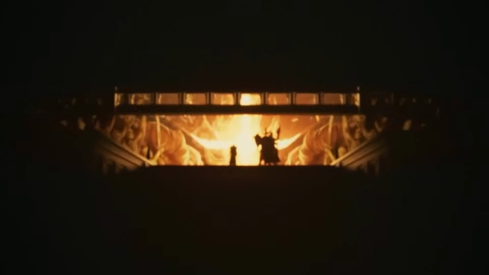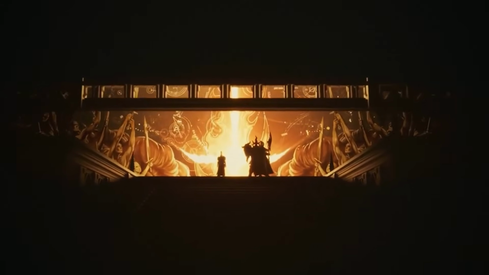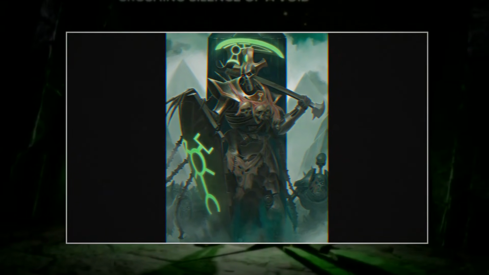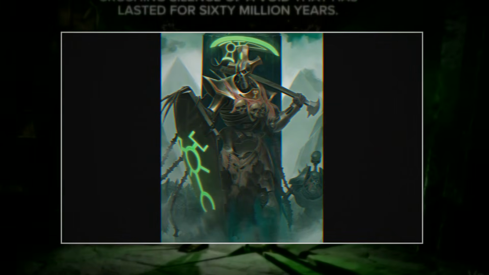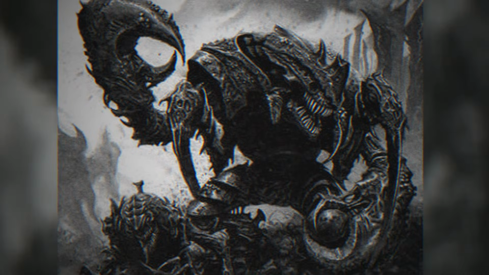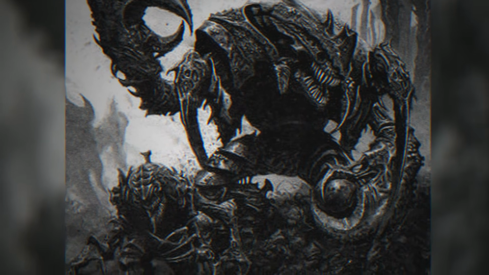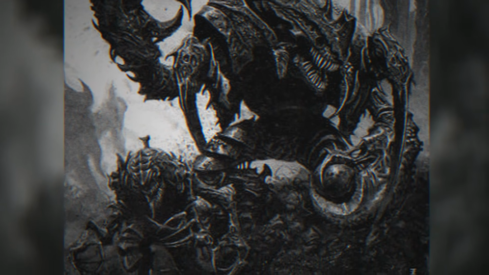The reasons for this refusal have been debated by scholars for millions of years. Some believe the Old Ones saw something dark in the Necrontyr spirit, a capacity for cruelty born from their suffering that made them too dangerous to uplift. Others suggest that the Old Ones simply could not help, that their immortality was so fundamental to their biology and their connection to the warp that it could not be transferred to another species.